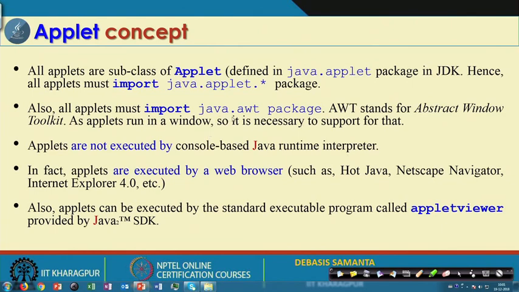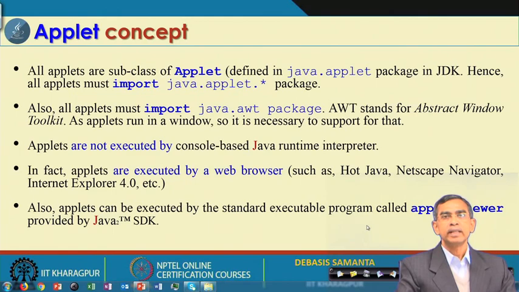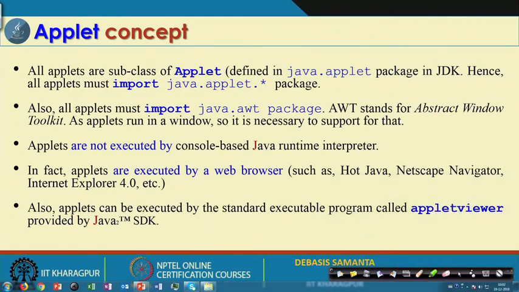So, this is the basic idea about writing an applet program. We have to import this package first. This package needs to be imported whenever you write an applet, and then once it is imported, we have to override these methods. Another thing is that applets and general programs differ in many senses. For a Java application we need the java command, whereas for an applet we need a separate program called appletviewer. The Java runtime interpreter, the java command, is not applicable to the applet.